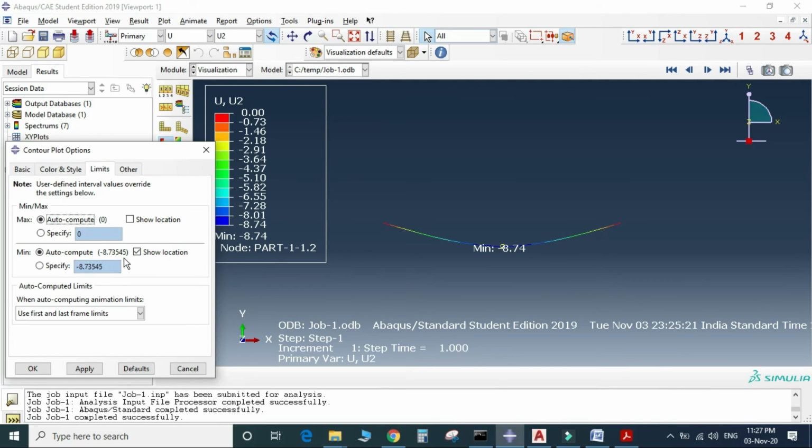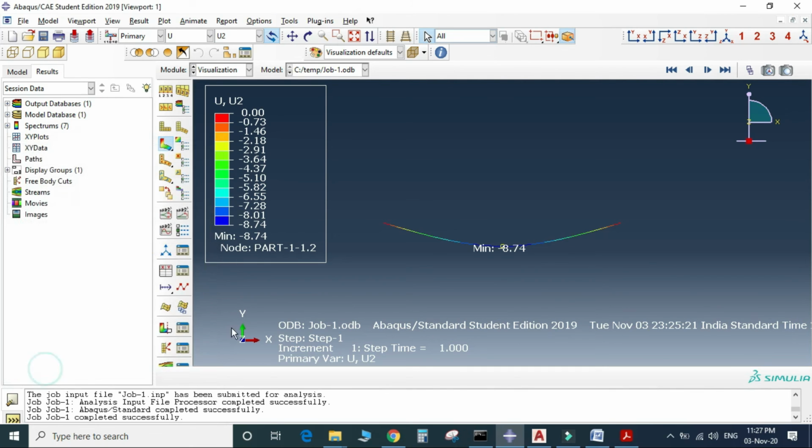So here the minimum is minus 8.735, maximum value 0. So here the minimum value is in the downward direction, so the negative symbol is followed. Okay, so minus 8.735. Okay, apply.